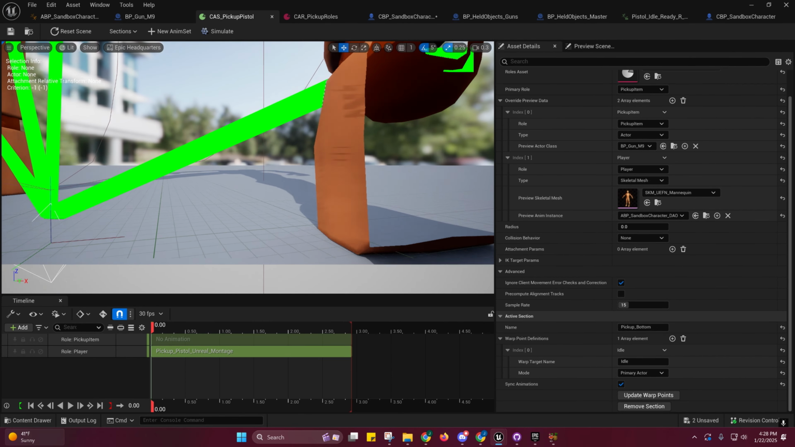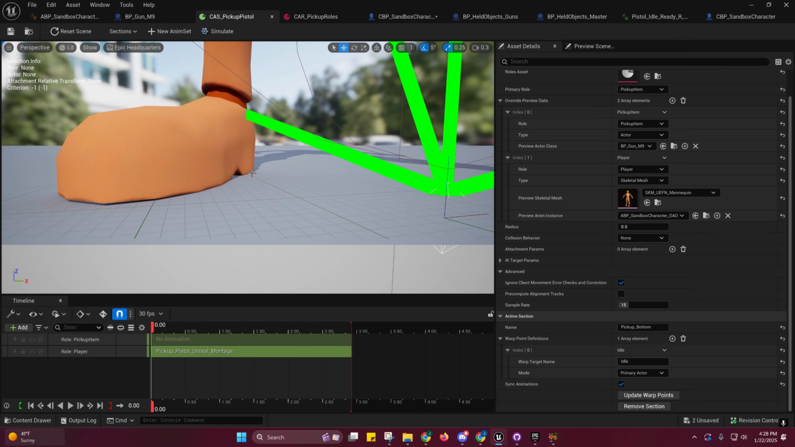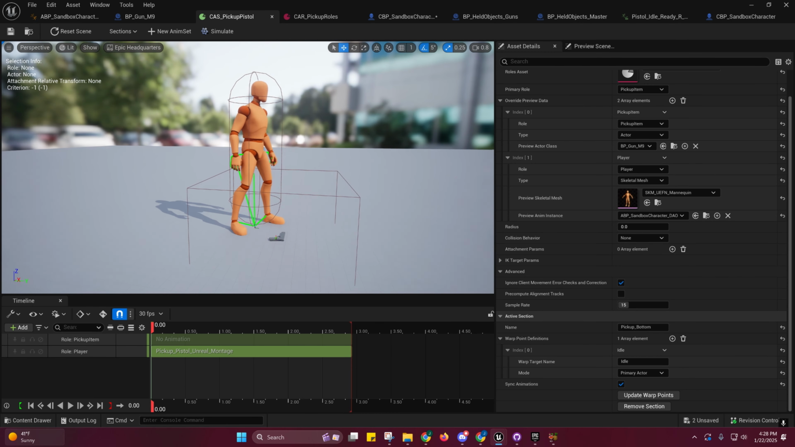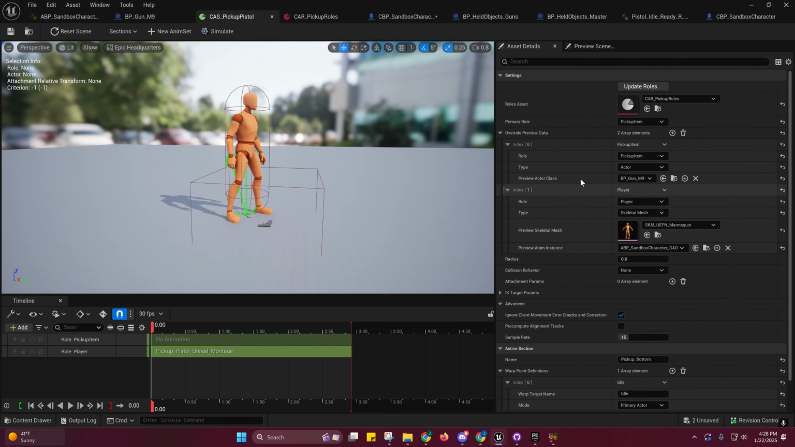Also, if you notice some foot swimming right here, that's actually the game animation sample project responsible for that. So just keep that in mind. This is the preview anim instance that's causing that. I have the preview anim instance right here, which is why he's in